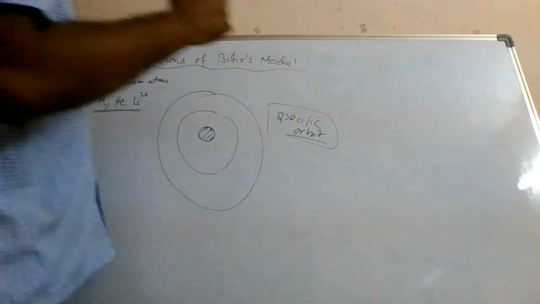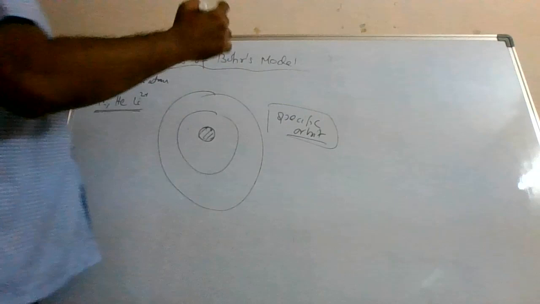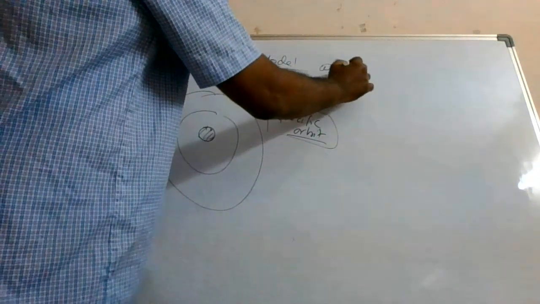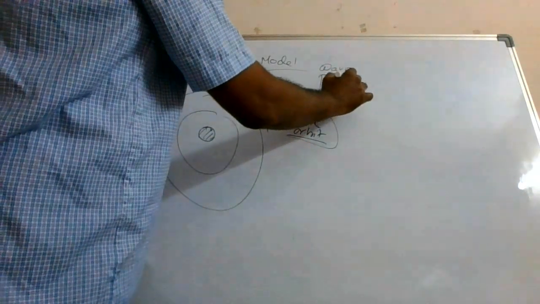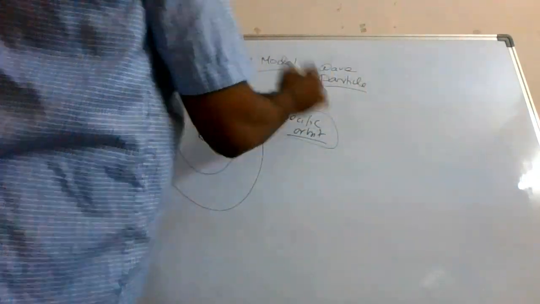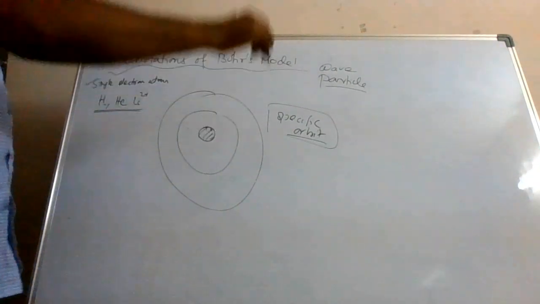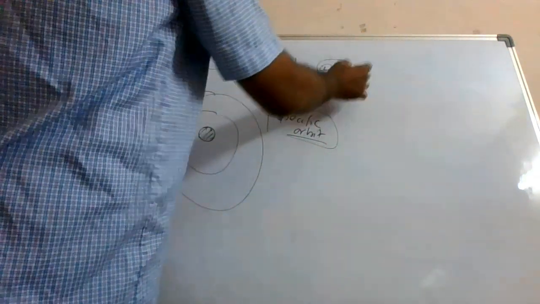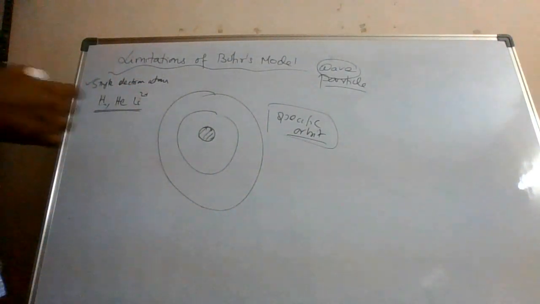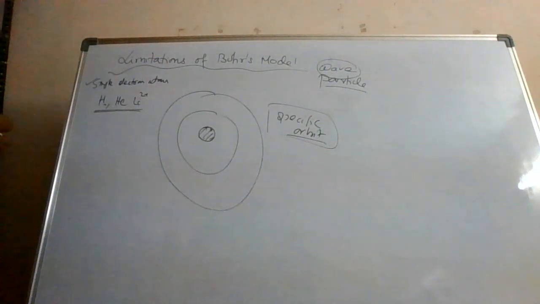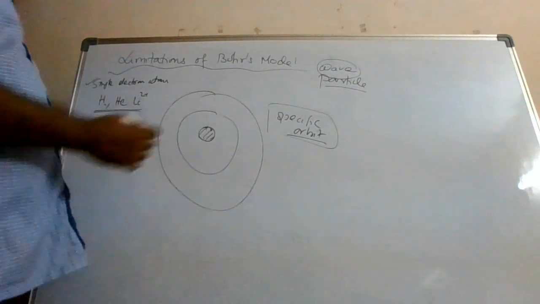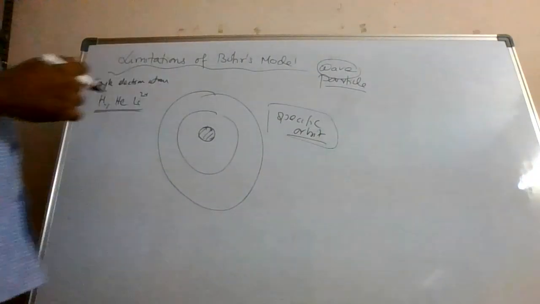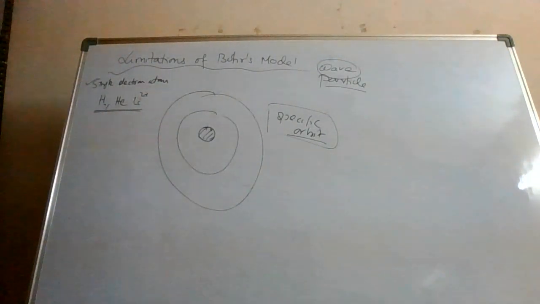We will discuss in the dual nature that electron has a dual nature. It behaves like wave and it behaves like particle sometimes. When it is a particle, we consider this theory that it is moving in a specific orbit. But when wave phenomena is considered, it is not moving in specific orbits. Okay. So this is also a limitation actually. These orbits could not be located experimentally. So that is also one more limitation.